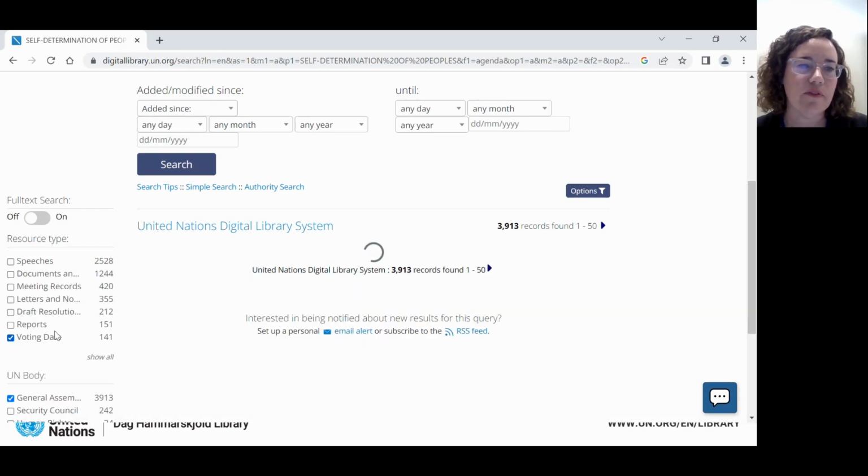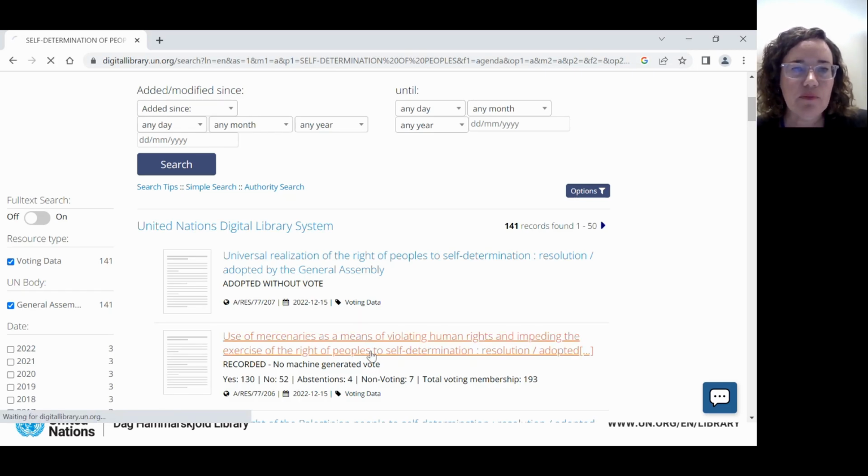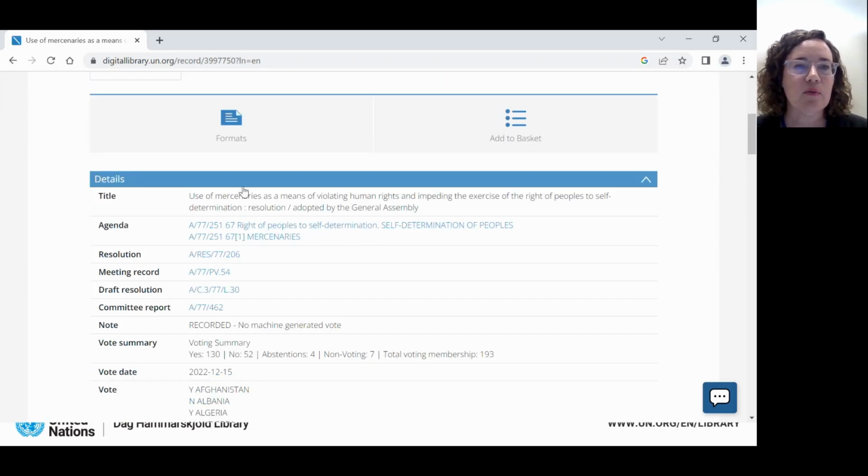Or I want all of the voting data. The voting data is going to tell me how member states voted in a particular resolution. So I see here one that is related to mercenaries specifically. When I click on this one, the information I get when I'm in the voting data will tell me the